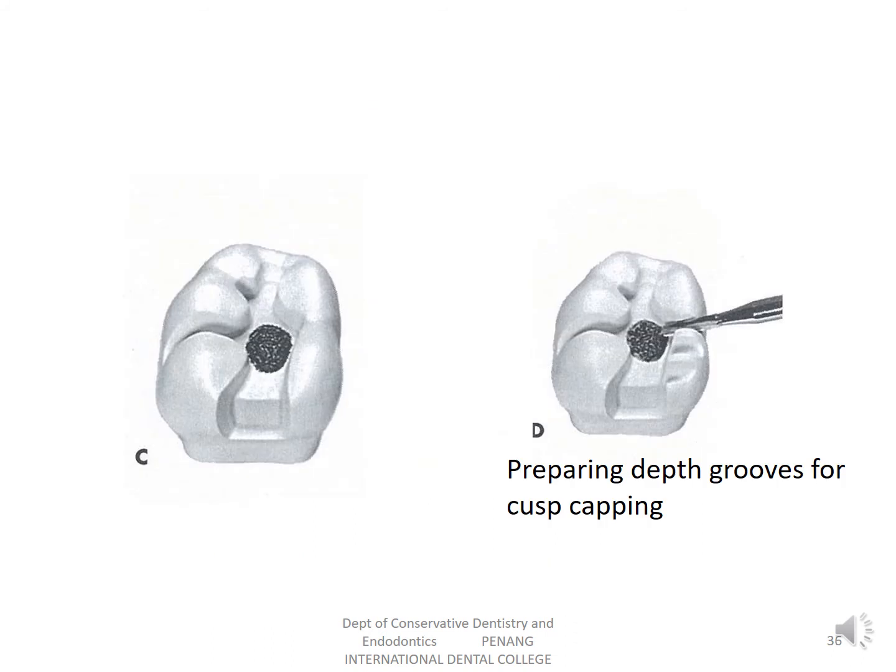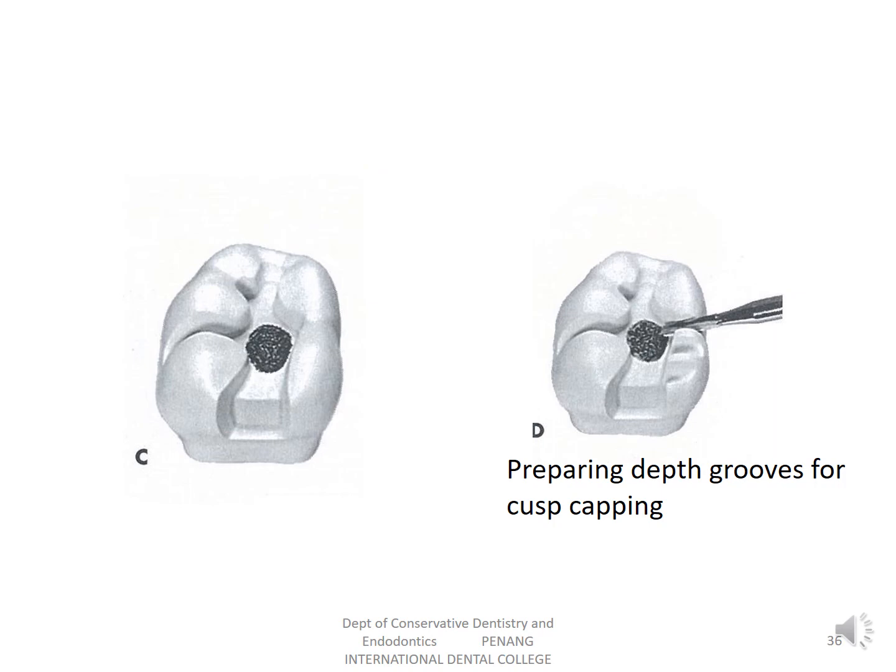So how do we cap the cusp? Let's look at a case in a mandibular molar where the distolingual cusp has weakened because the tooth has been undermined on the distolingual cusp. This is because of extensive caries on the floor. So once you identify that the distolingual cusp is weaker and you need to do cusp capping, you take a 271 bur and place depth orientation grooves on that one.